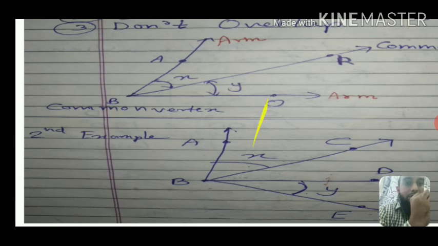We will see an example here. See here, angle ABC, that is angle X, and angle DBE is angle Y. They cannot be called adjacent angles, because what is happening here? You can see they have a common vertex, that is point B. They don't overlap also, but they don't have a common arm like in the previous case. Angle ABC has its own arms, and angle DBE has its own different arms, so they are not adjacent angles.